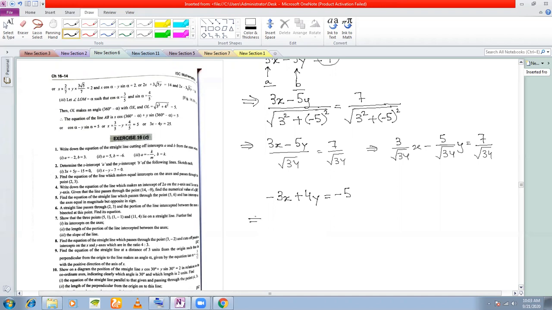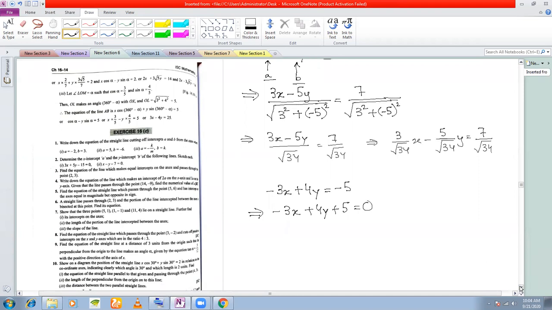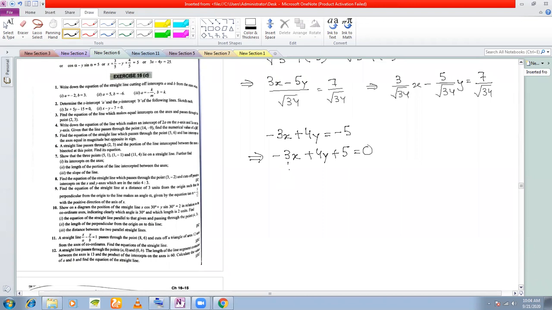So what I do is I first convert this constant term into a positive term. I write this as minus 3x plus 4y plus 5 is equal to 0. I take minus 5 to the other side, it becomes positive. Okay. Now once I make it positive, I look at the coefficient of x and the coefficient of y,